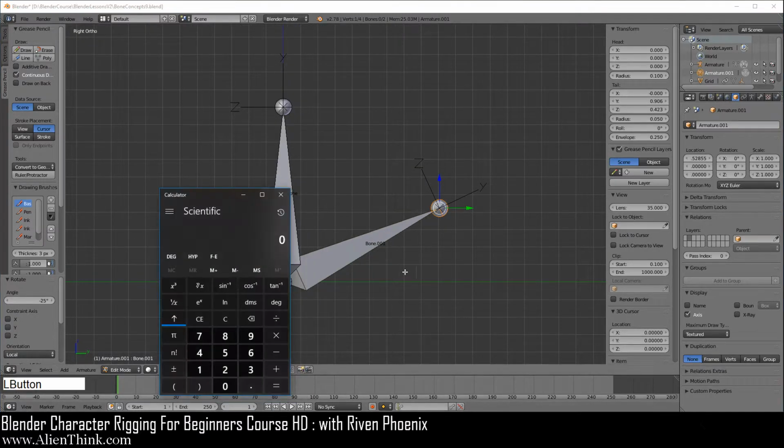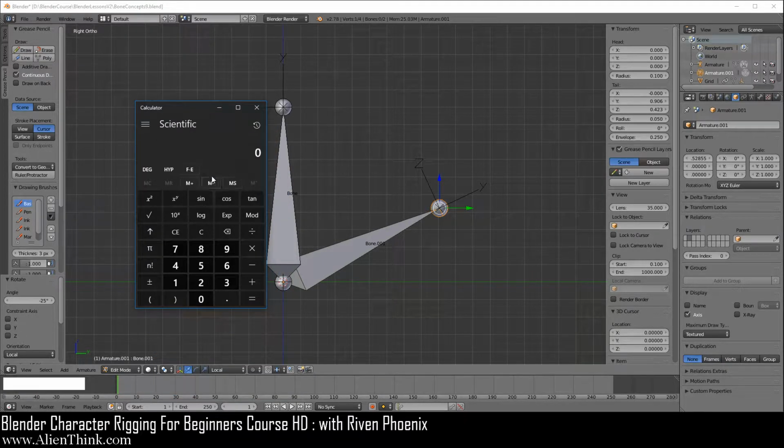Okay, so if we bring up the calculator, we can see this over here, right? On a scientific calculator, this is your y-axis and this is your x-axis, right? And this is of course your tangent. So if we just look at the tail of this bone, when the bone is positioned exactly where the origin point is, we can do the same thing. We can look at the z value as the y-axis, right? We have to visually look at this and say that, okay, that's .423. So here we can do .423.